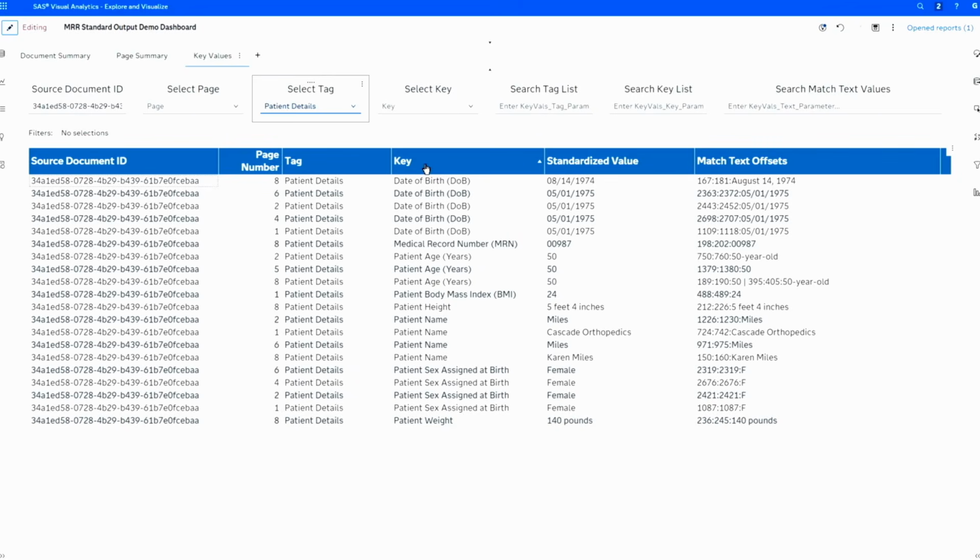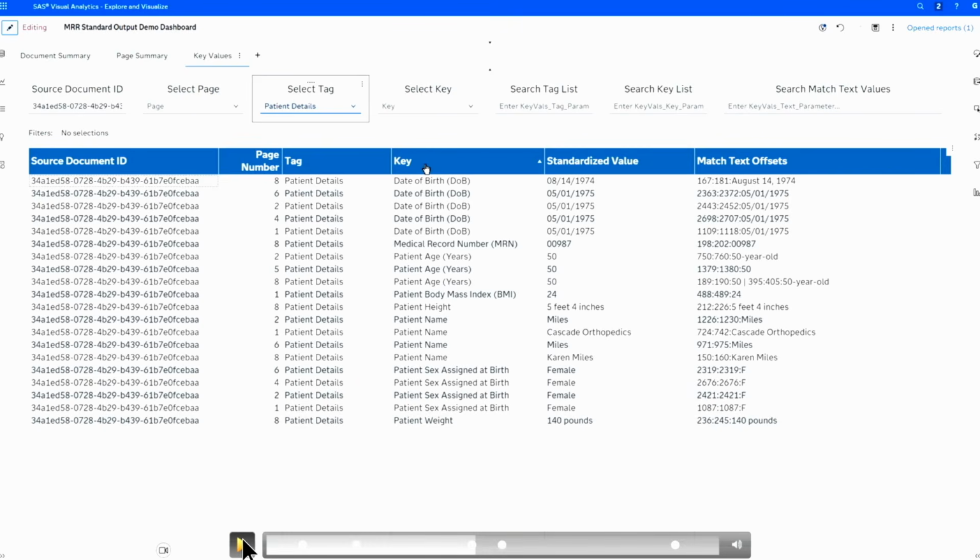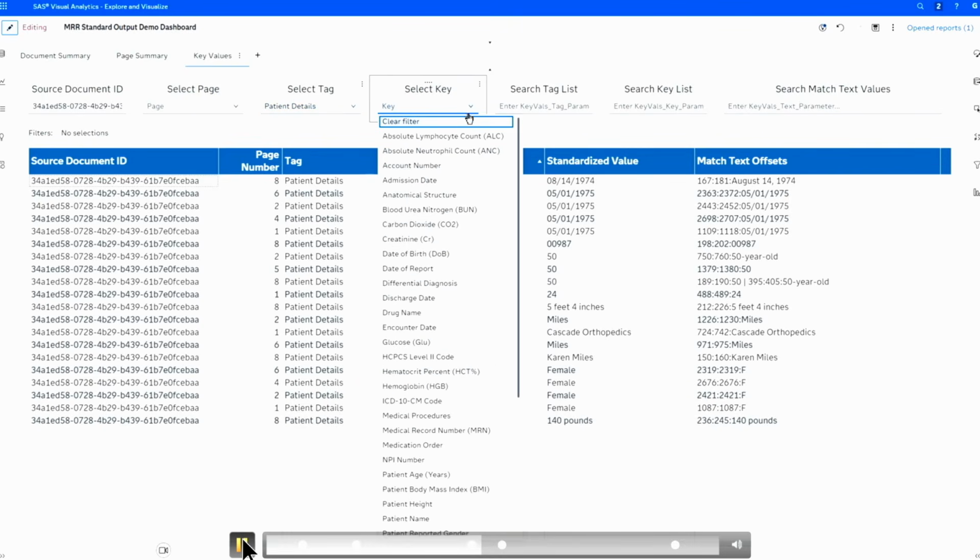So this is something where you can ask, is this an OCR problem? Is this a data problem? I'll show you how you can go back to the document in a moment and look at that to confirm that it is actually an error in the medical record itself. So we'll go forward here.